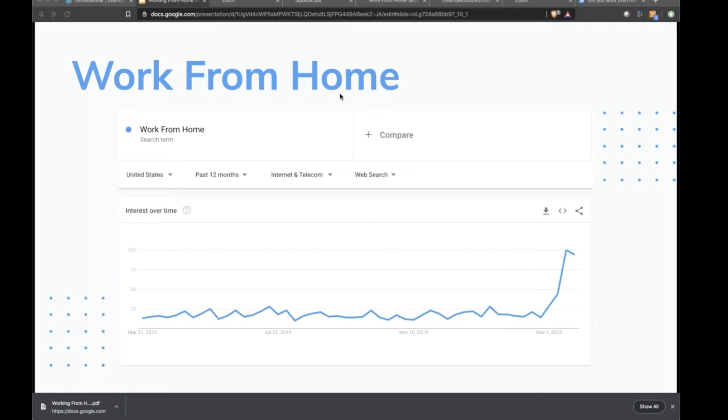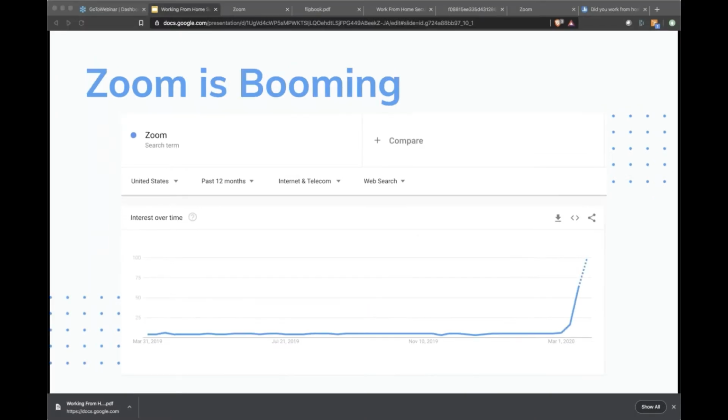I was searching on Google Trends to see how many people are searching for work from home. You can see here that it has been trending almost from the beginning of the pandemic. People need to adapt to the change. One of the things that people are starting to do in order to address these challenges, we can see that